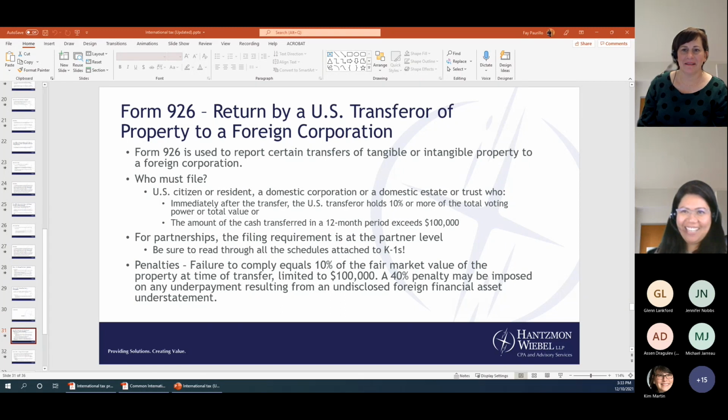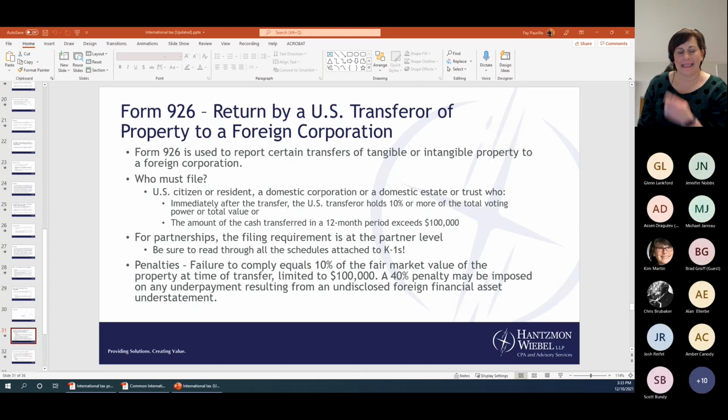All right, so next up, we've got the Form 926, which is the return by U.S. transferor of property to a foreign corporation. So this form is used to report U.S. citizen or residents, domestic corporations, or a domestic estate or trust who, after a transfer, the U.S. transferor holds 10% or more of the total voting power or value of the entity,